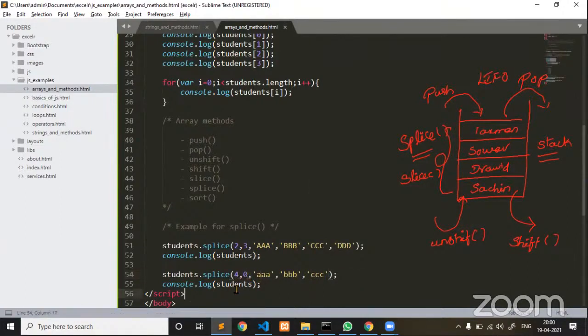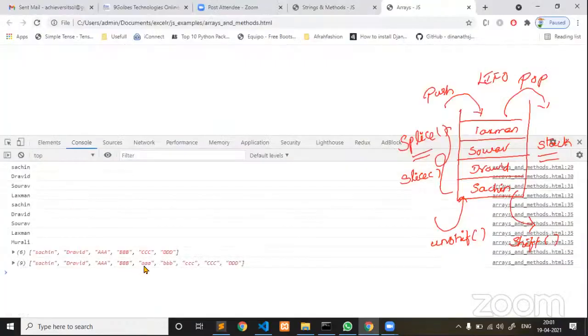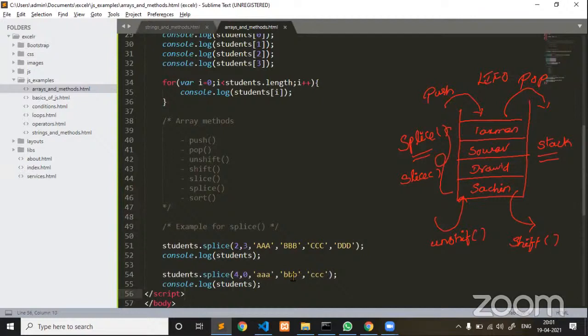After that, if you try to print your students, now go and check. From fourth index, you see here 3 values have been added, and nothing is deleted. Earlier the length of the array is 6. After adding 3 more, it will become 9. Hope you understand how we are going to use the splice method. Any confusions here? Splice is the one which is going to perform all 4 methods which we discussed here: push, pop, unshift and shift.